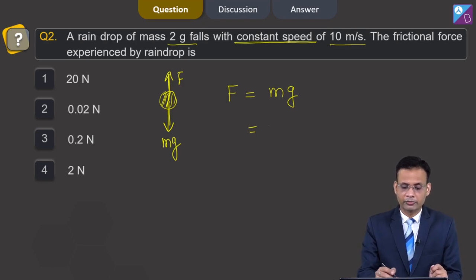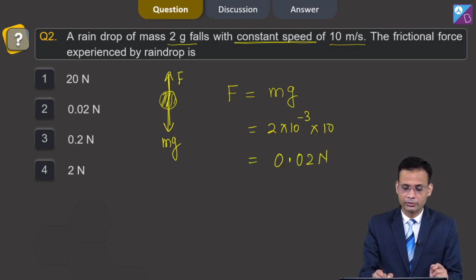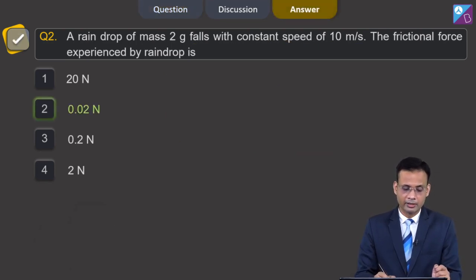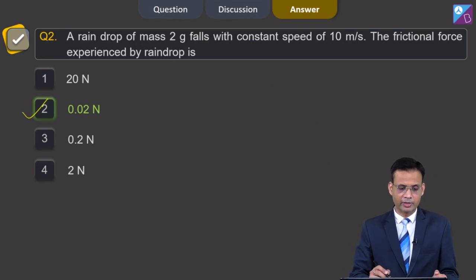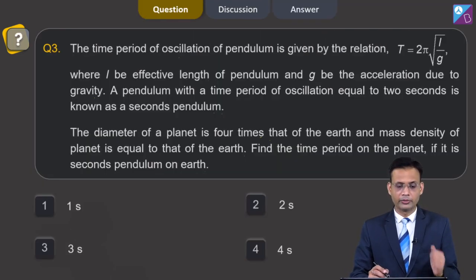So the mass of the raindrop is 2 gram, which is 2 into 10 to the power minus 3, and g is the acceleration due to gravity, whose value is 10. So it will become 0.02 Newton. Now if you look at the options, our second option is the right answer of question number 2. Let us move on to the next question, which is question number 3, and according to this question,